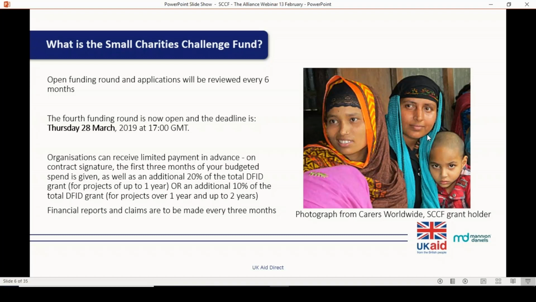But following feedback from previous rounds, SCCF is now in a position to support grant holders to receive a limited payment in advance, which essentially means that successful applicants can receive an initial payment covering a proportion of your forecasted spend, but I will come onto that in more detail later on. This means that financial reports and claims will be made every 3 months, along with standard reporting on performance.